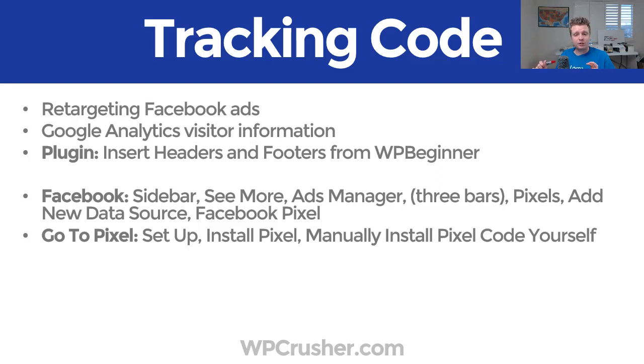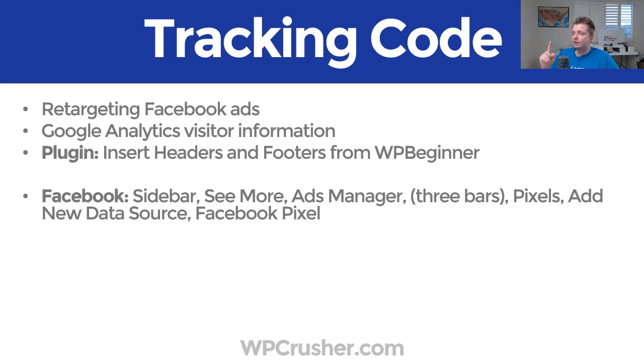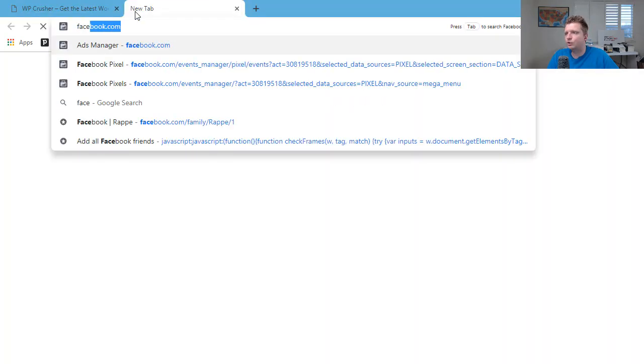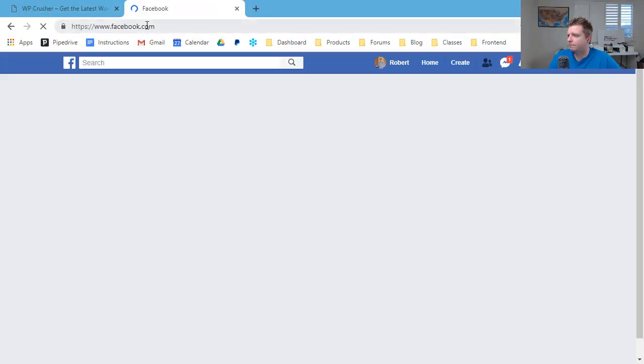And then if you have that pixel on your page, you'll go to that pixel, and then you'll go to setup and install pixel. So a lot of things to click, but the big thing is Facebook Ads Manager, pixels, and then you're almost there and can almost find it yourself. So here's what we'll do. We'll go to facebook.com,